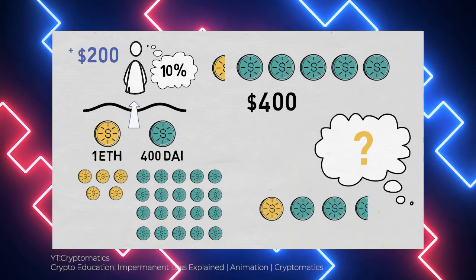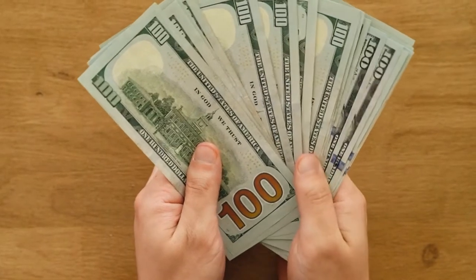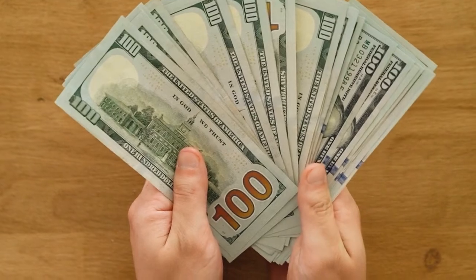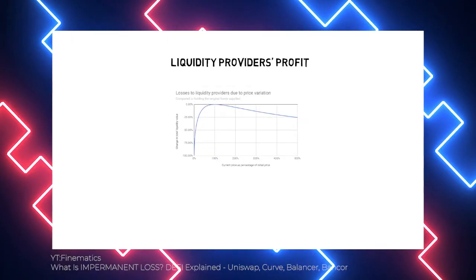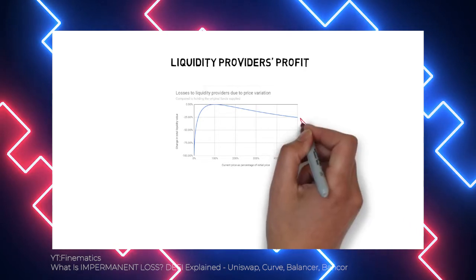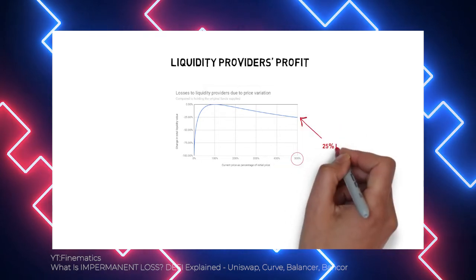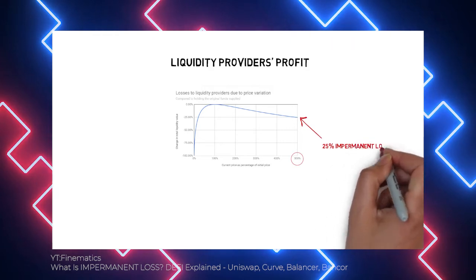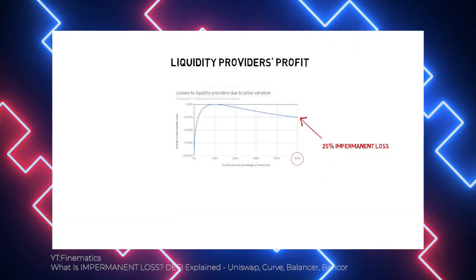However, the case would be different if she held her 1 ETH and 100 DAI. The combined dollar value of these holdings would be 500 USD now. Therefore, she would have made more profit by hodling rather than depositing into the liquidity pool. This is what we call impermanent loss. In this case, the loss wasn't that substantial, as the initial deposit was a relatively small amount. However, keep in mind that impermanent loss can lead to big losses, including a significant portion of the initial deposit.